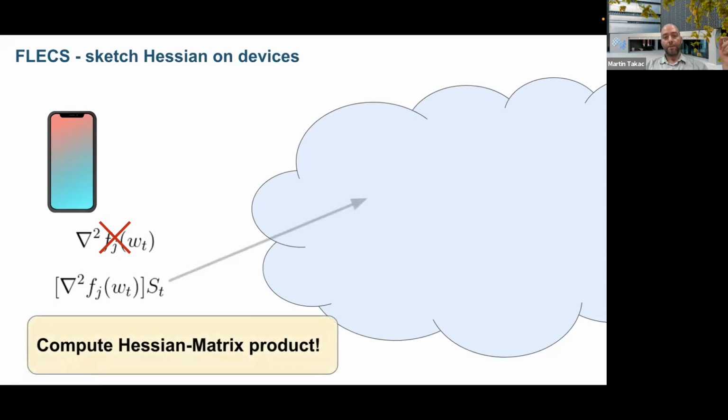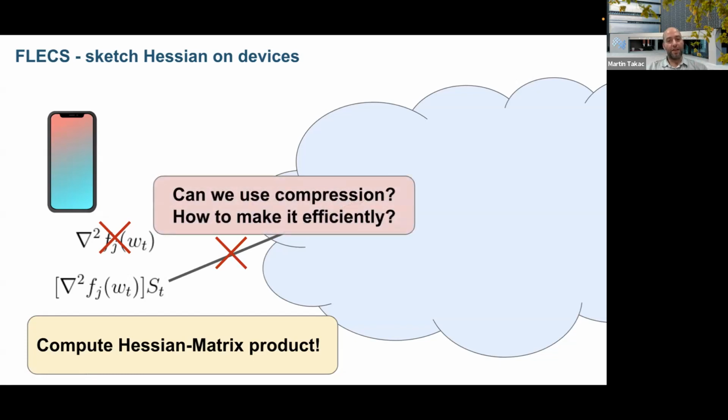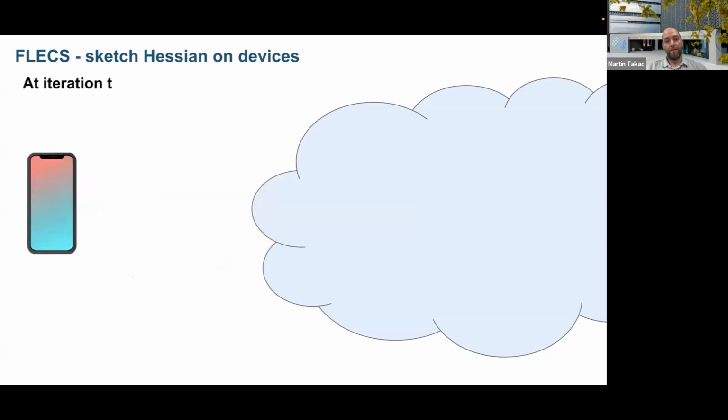Basically, we would only communicate these Hessian vector products to the cloud. It turns out this is also not good, because, as I mentioned at the beginning, if you want to quantize something, ideally it should go to 0. There is no hope that my Hessian vector products will go to 0, so quantizing them is not really good. So what this paper decides to do is not communicate these Hessian vector products directly, but use compression in some efficient way. I really want to send something which should go to 0.